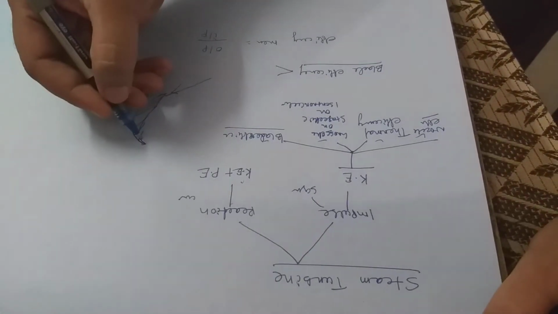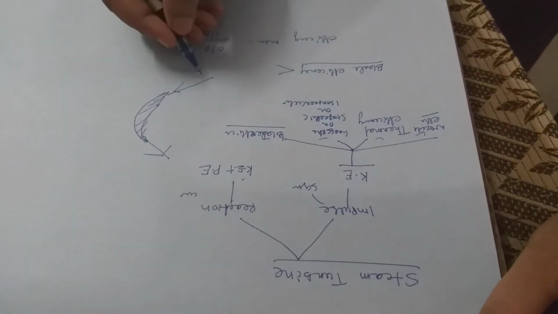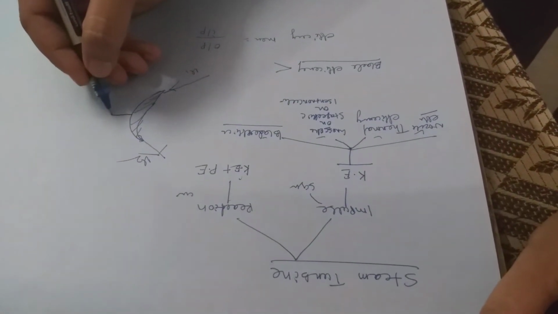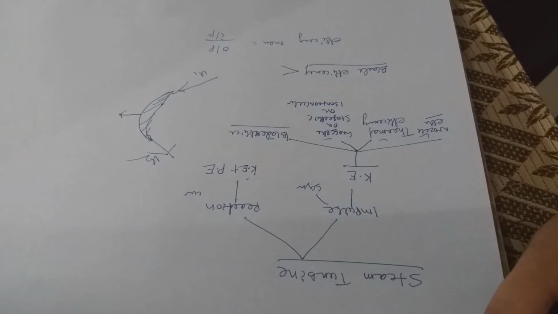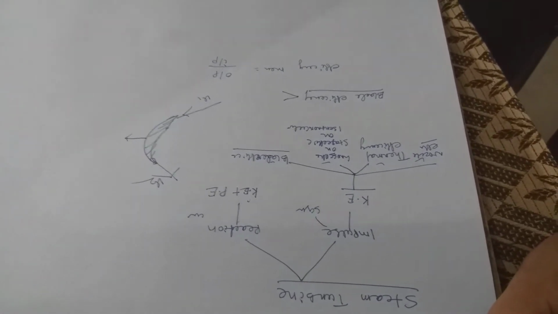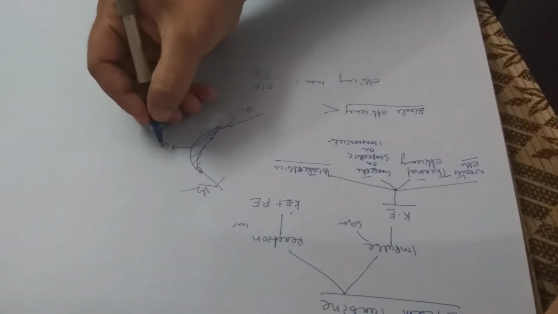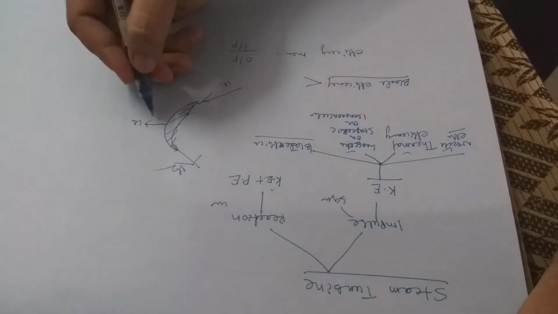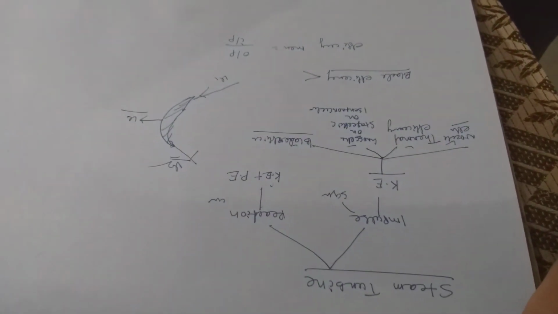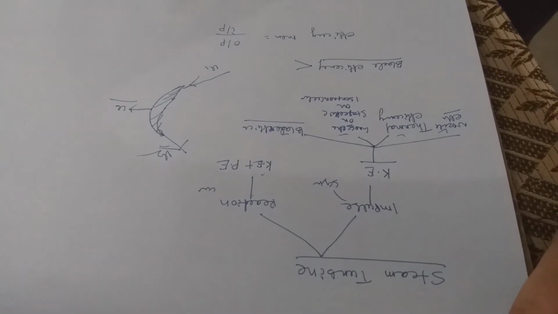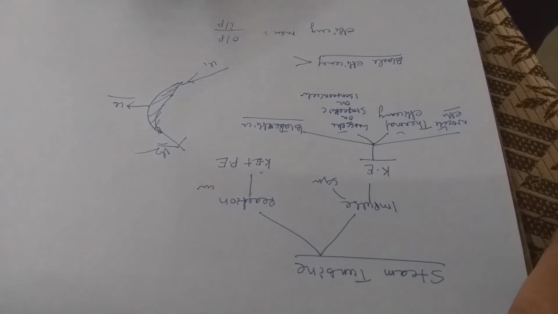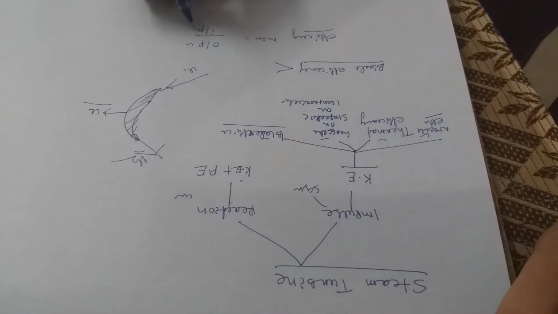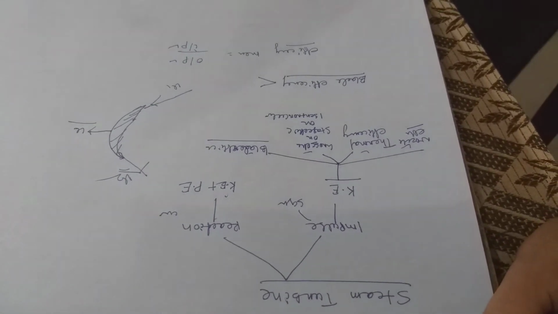There is an inlet of steam and an exit of steam, with velocities V1 and V2. There is also the blade velocity. If the blade is movable, we consider the blade velocity as U. Here V1 is the velocity at the inlet from the nozzle, and after striking the blade it goes out with V2. Mainly efficiency is output by input, so you have to find your blade efficiency.